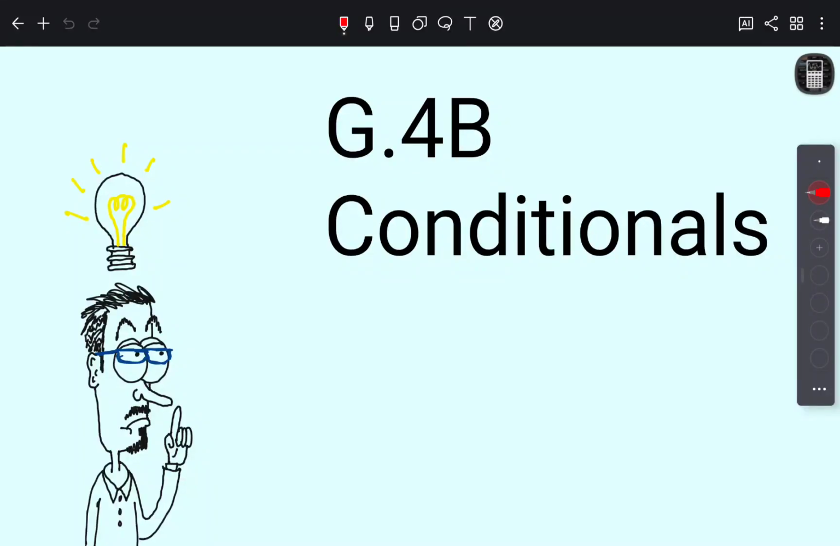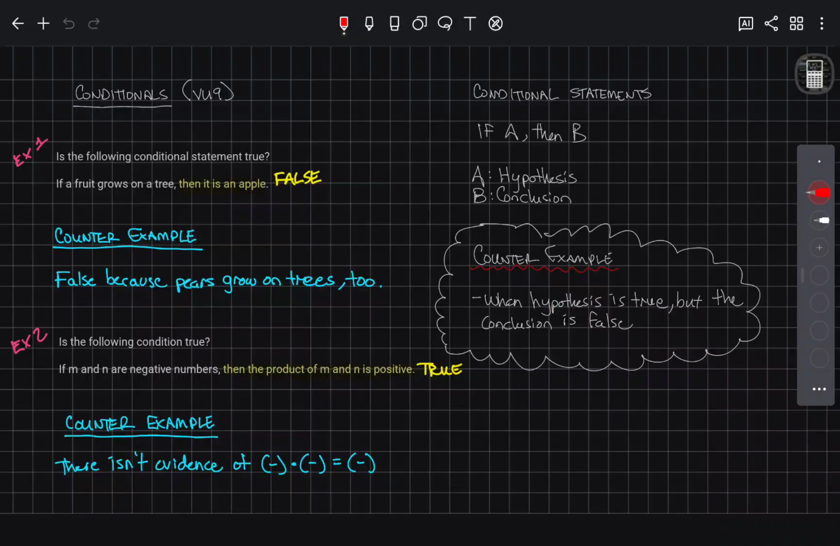Conditionals. So in the previous section, we went over conditional statements. Now we have to start understanding if that hypothesis is going to create a logical conclusion. The way we can do that is by going through the hypothesis and the conclusion and then trying to create